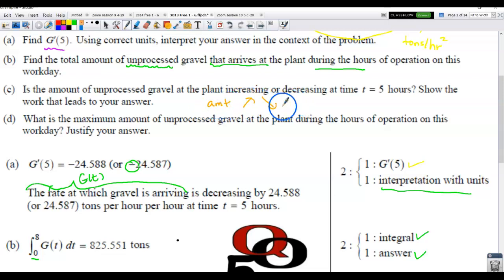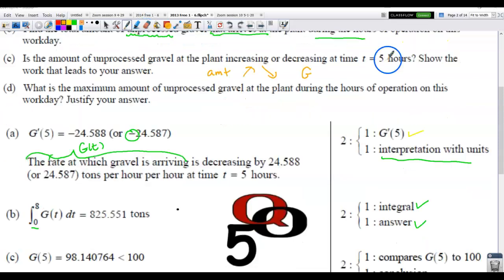Well, if we want to know the amount and we want to know increase, decrease, we go to the rate of the amount. And the unprocessed gravel, so we're going to need to know what's happening with G. We need to know G prime of 5, and we're going to need to compare that to our processing rate